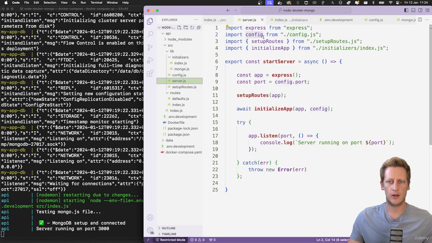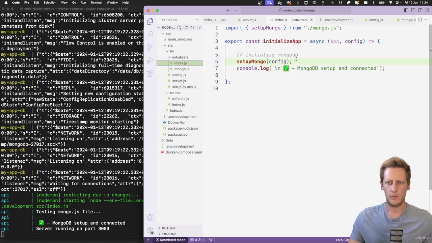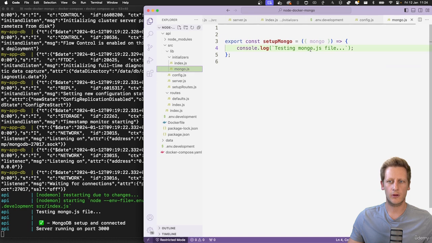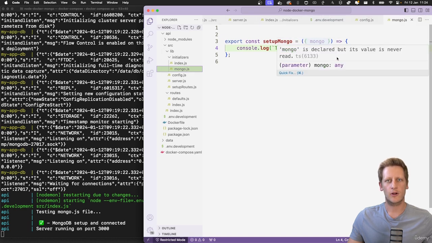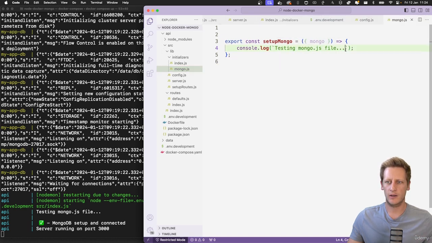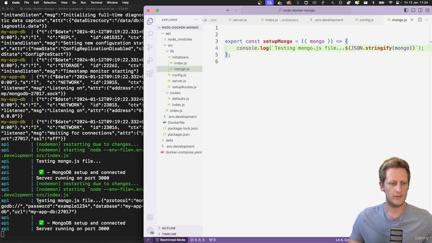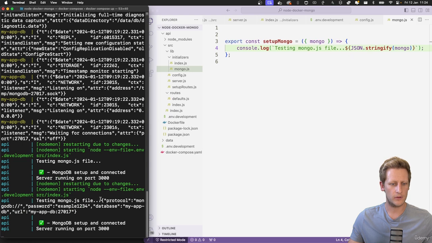And because we're importing our config into our server.js and we're passing that through into our initialize app, we should get a hold of it here as the config global object. And then in our mongo.js file, we're destructuring that config and we're pulling off the Mongo key that we've just created. So let's just go ahead in here and add in a JSON.stringify, and we'll just print out the value of Mongo here, and let's just validate that those values are indeed being pulled through. So if we hit save here, you'll see in our console log we've now got this JavaScript